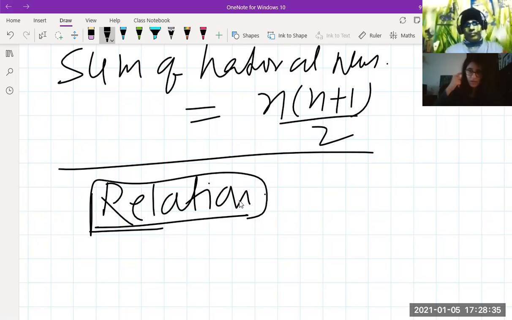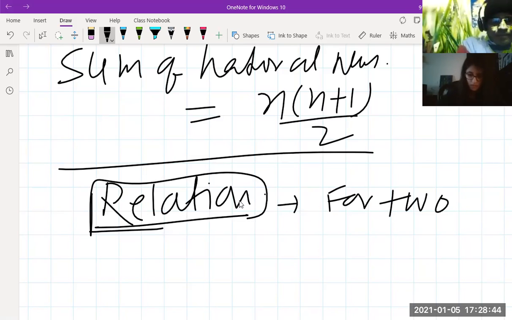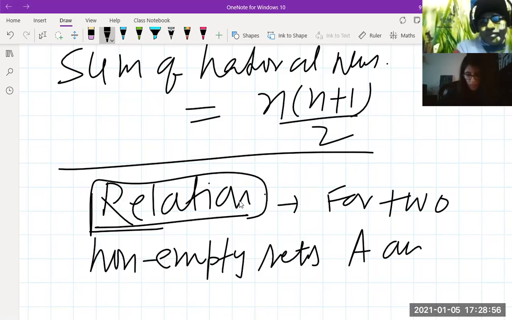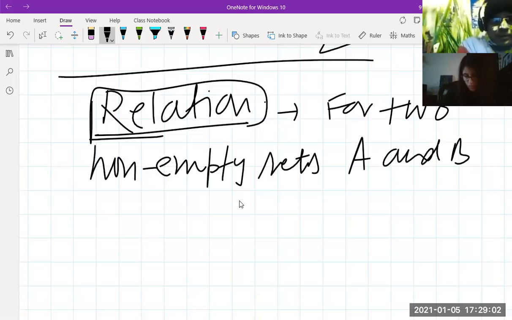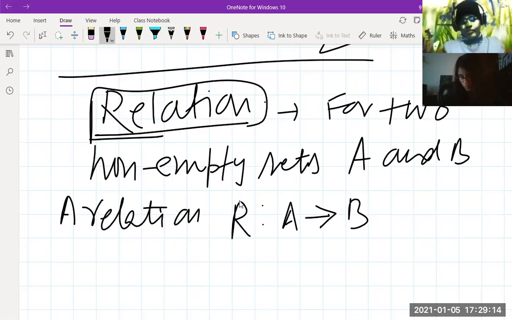So for two non-empty sets, non-empty meaning there would be some elements in the sets A and B, a relation R, a mapping from A to B, is defined as (x, y)